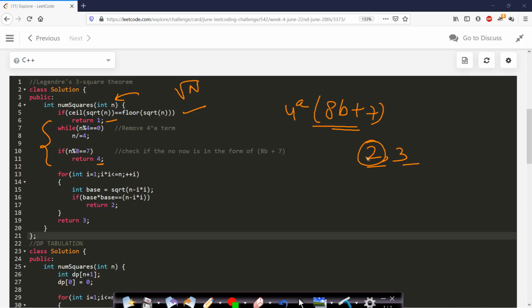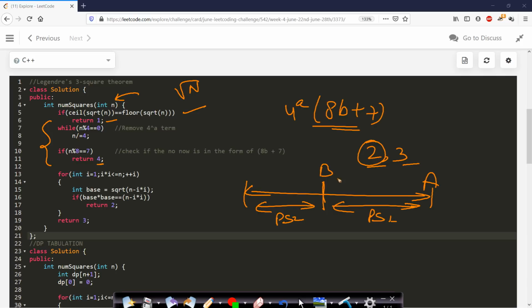So we will check for case 2. If a number can be divided into 2 parts, making a breakpoint at some position such that this one is also a perfect square and this one is also a perfect square, then we can return 2. So we are creating the breakpoints at a split point of perfect square. In this case you can see that we are splitting at perfect square values, n minus i square. This right side one is already ensured to be a perfect square, since the breakpoint size is of perfect square starting from a. Now we just need to check this part if it is a perfect square.